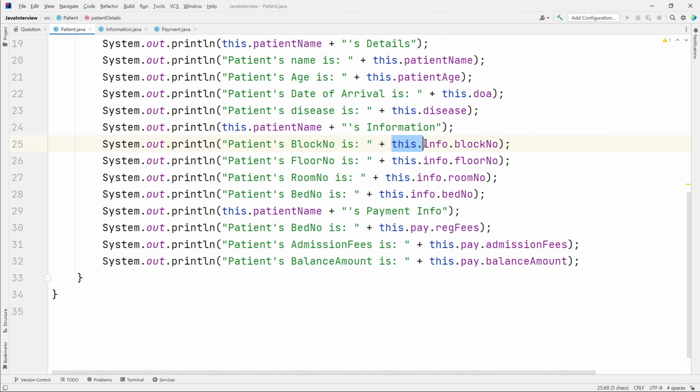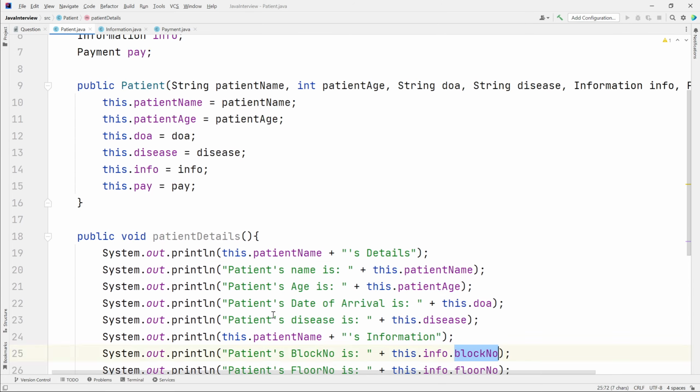so that there will be multiple patients, right? There will be multiple objects. So multiple objects will have different block numbers and different floor numbers, room numbers. That is why this keyword is important. As we know, the basic concept of object-oriented programming systems, this keyword is very important in Java. After this,